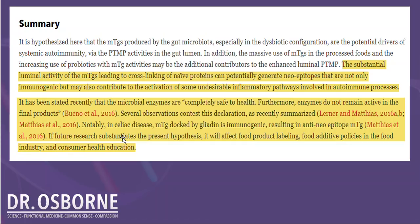Neo means new, and epitopes are little proteins that your immune system can recognize as dangerous. That's what immunogenic means. It stimulates the immune system, so it can contribute to the activation of inflammatory pathways involved in the autoimmune process. Hence, being exposed to high levels of meat glue can alter the proteins in your gut, making them look more like bad guys than good guys. And so your immune system creates an immune response against these new proteins that drives an inflammatory response that can